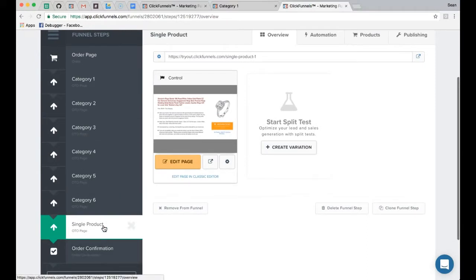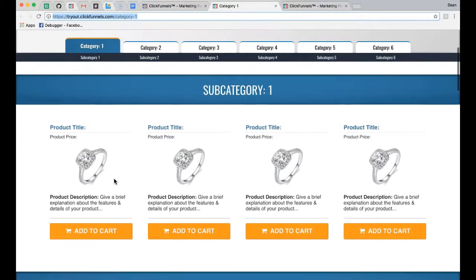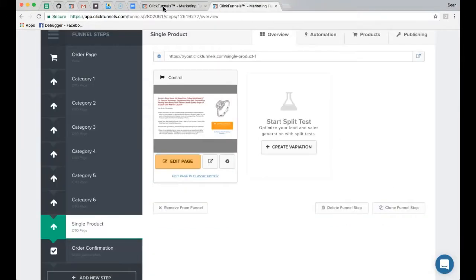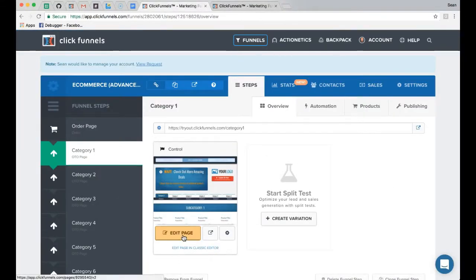So once you have created all of the products that you want to use in your category 1 page, the final step for this will be to actually link this product page itself into the category 1 page inside of the button that corresponds with that product. So under the add to cart buttons, when we click, we want the click pop to come over the top. So we will come into the page editor,